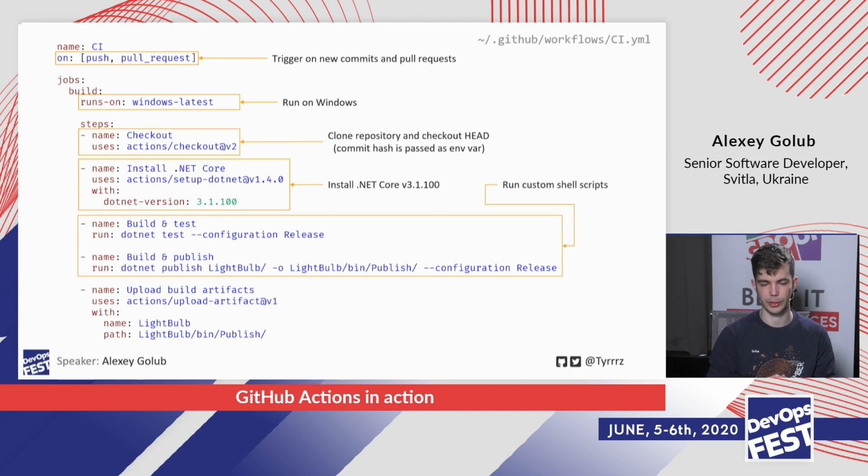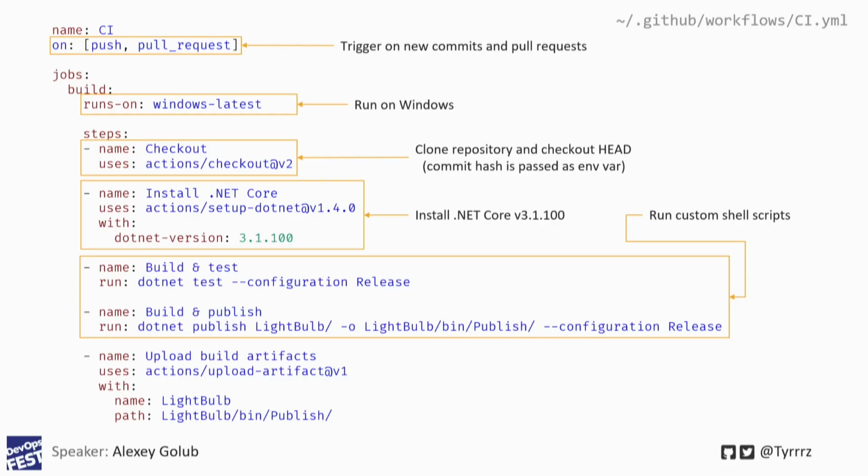And then following after that, I just run some basic shell commands. Those are not actions, those are regular steps. So I just want to test and publish my project, so just generate the artifacts. And to do that, I can just use the .NET SDK, which has already been added to the path automatically by the previous step. Here I'm just using the default command shell because I haven't specified any other one. You can actually override that, and by default on Windows, of course, it's going to be the CMD shell. You can also use PowerShell, for example, that runs cross-platform, or you can use Bash if you're on Linux and stuff like that. So it's really up to you. But here I don't really care because they have some very simple command line arguments.